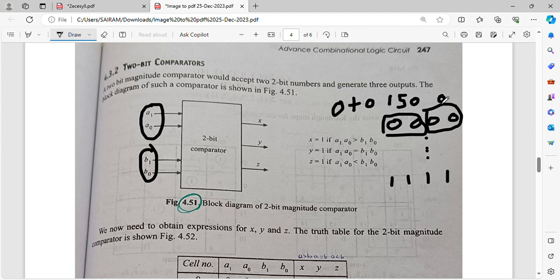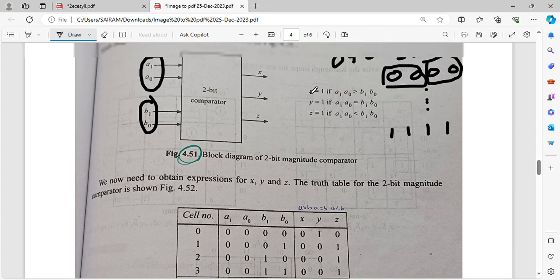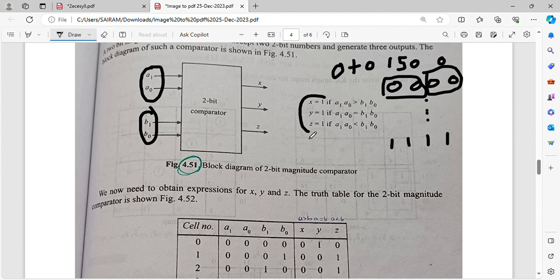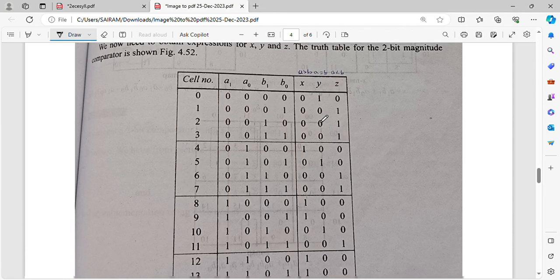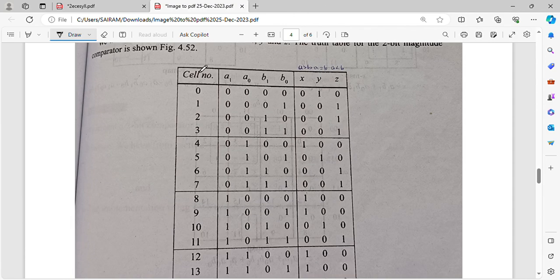Is it the same? Yes. Like that only is supposed to do for all others, right? Yeah. And as I have told you, if it is equal to, or greater than, or lesser than is satisfied, put 1. If it is not satisfied, put 0. Right? Now if I consider A1 A0 and B1 B0, I'll just put a column here. One more.